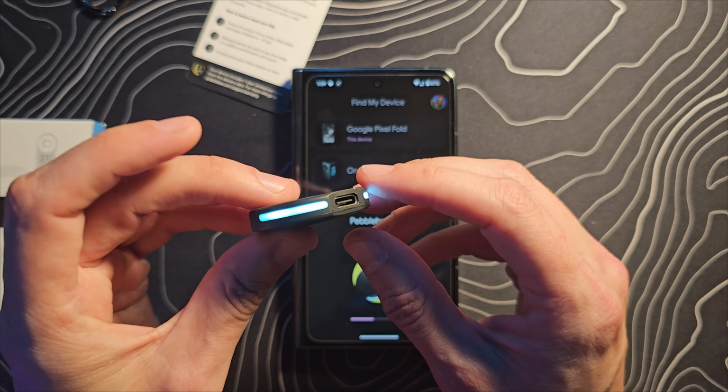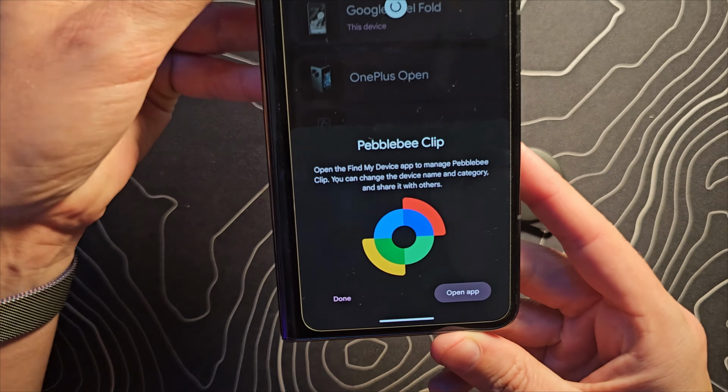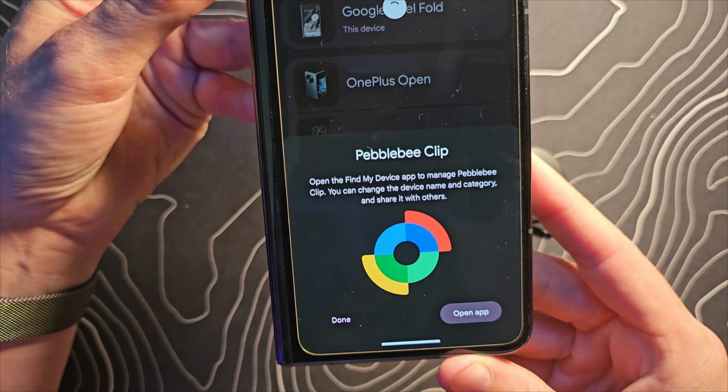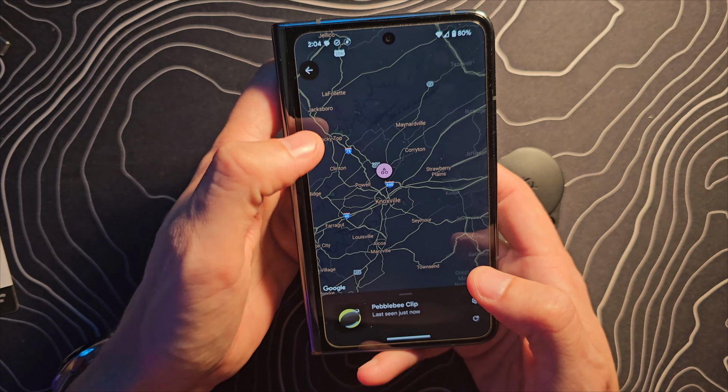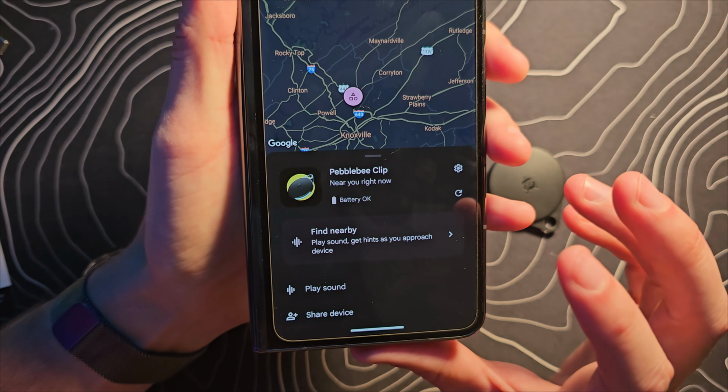I like the LEDs on that. That is quite interesting. Quite cool. Okay, so that is done. Open the Find My Device app to manage the Pebblebee clips. We're going to open this thing up. We're going to zoom way out so that you guys don't know where I live, but those are our options